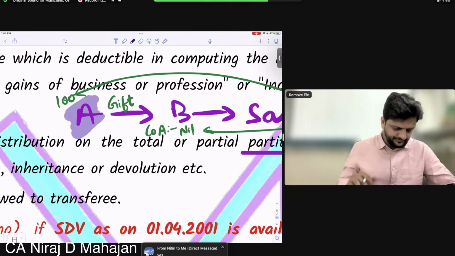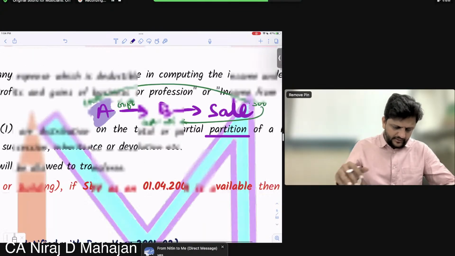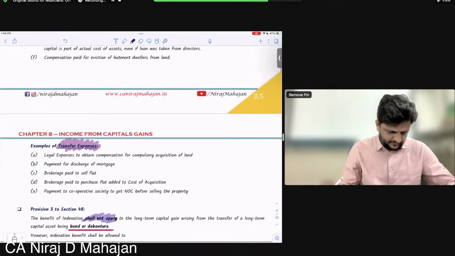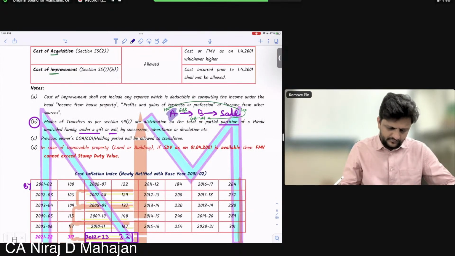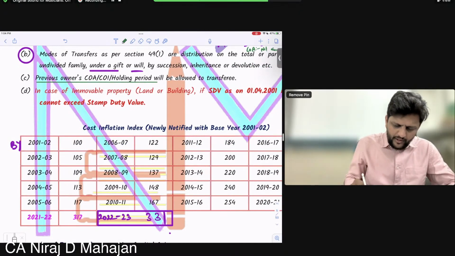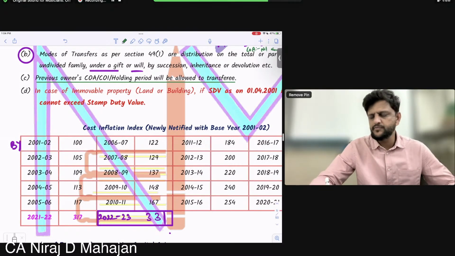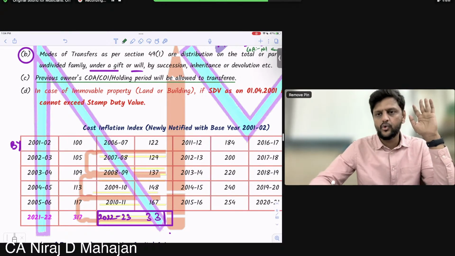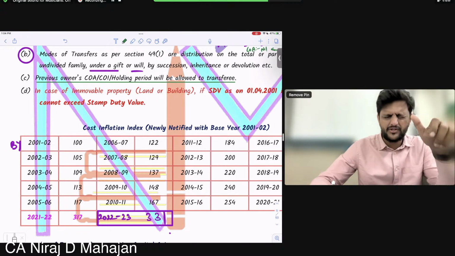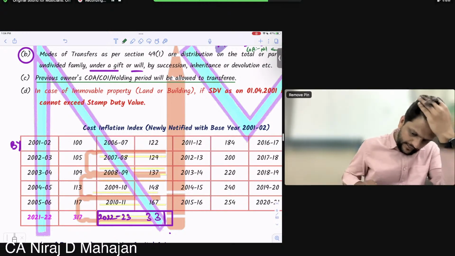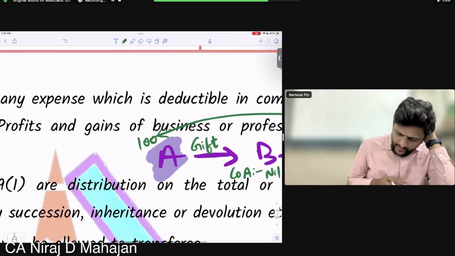That is another concept. Fine till here? So check: the previous owner's cost of acquisition, cost of improvement, and holding period will also be allowed to the transferee. Because if A gifts to B, it is as good as no transfer. So previous owner's cost of acquisition, improvement, even the period of holding will be given to the current assessee. Why? I'll tell you one more example. Because when A gifts to B,